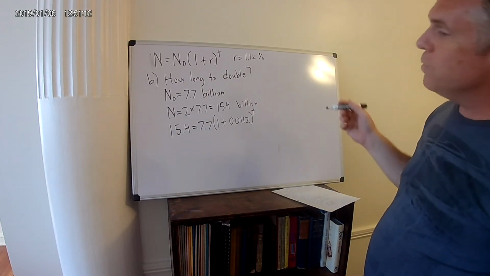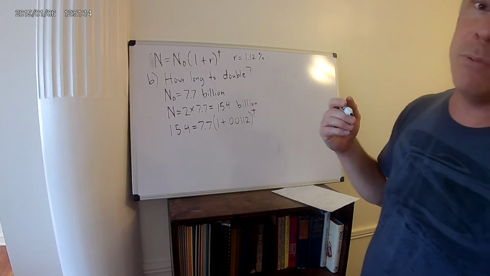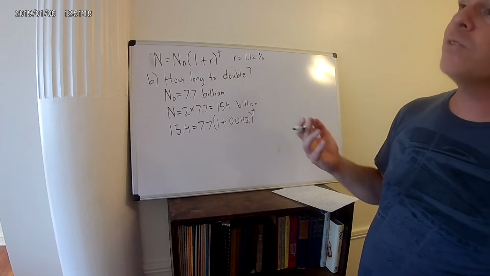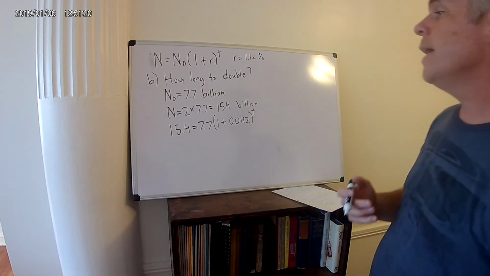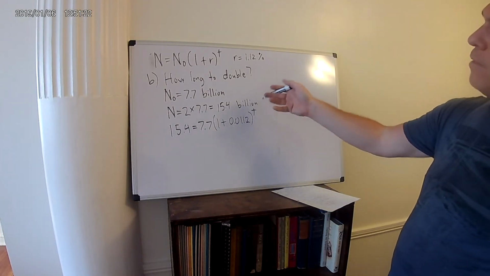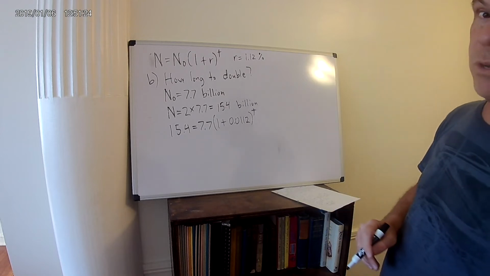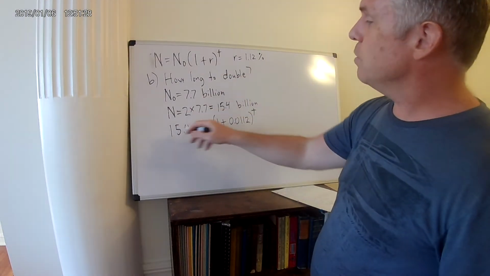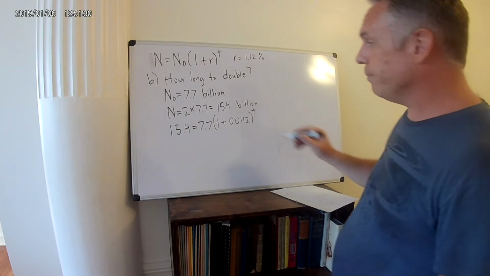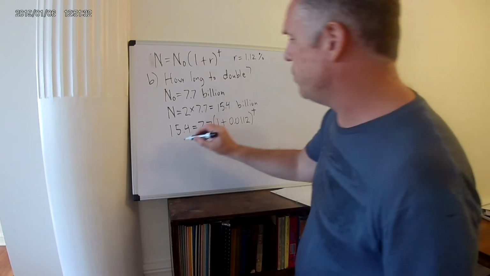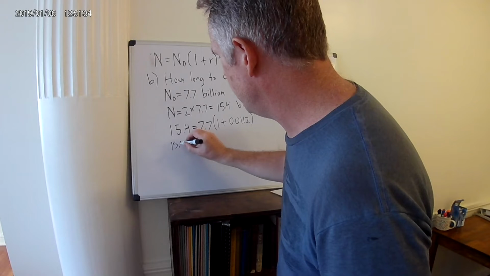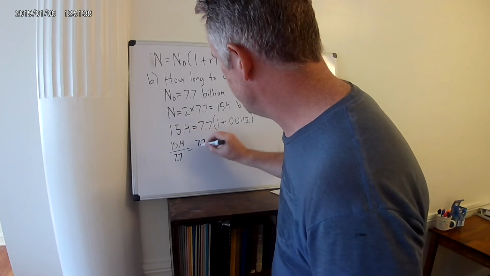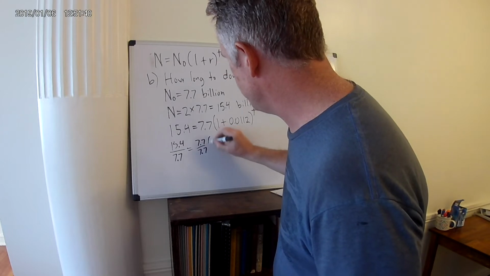And the way we're going to do this, and this is where you will have to wipe the rust off what we did with logarithms way back 2 weeks ago before all this craziness. We want to find the value of t that makes this equation true. The first step, if you recall, is we're going to divide both sides of this equation by 7.7. So 15.4 divided by 7.7 equals 7.7 divided by 7.7